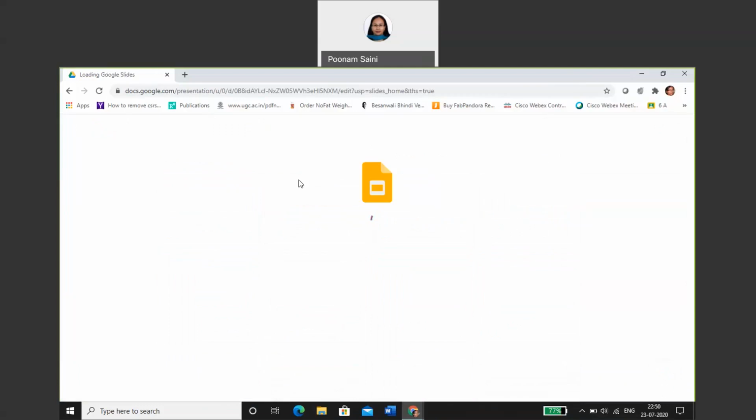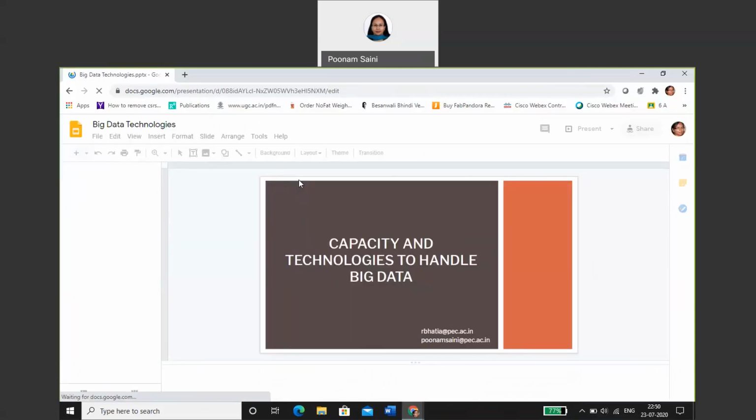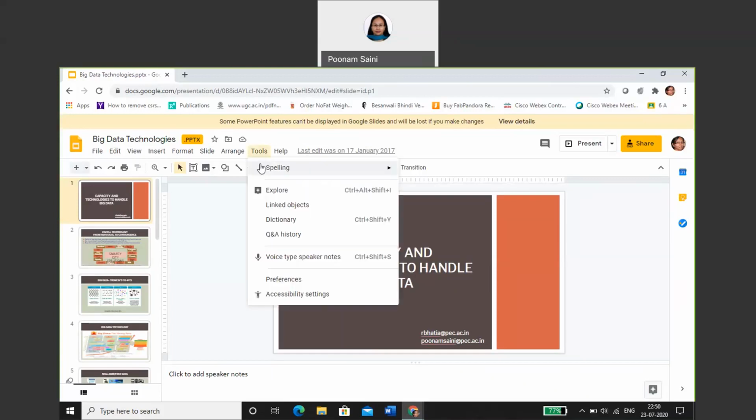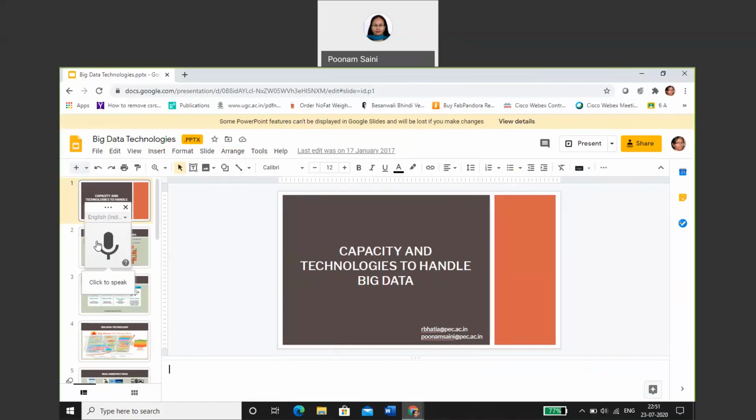As we have seen in the slides, there is a nice feature of voice speaker notes. So we can always add our voice to the slides, and then we can generate the corresponding transcripts. We can do that when we are in present mode, presenting the screen, or otherwise we can do this transcript generation in advance from the slides, and then share those recorded presentations with the students as well. When you go to Tools in Google Slides, you will find this voice speaker notes. As soon as you click this, you will find the option to record a particular slide with your voice.